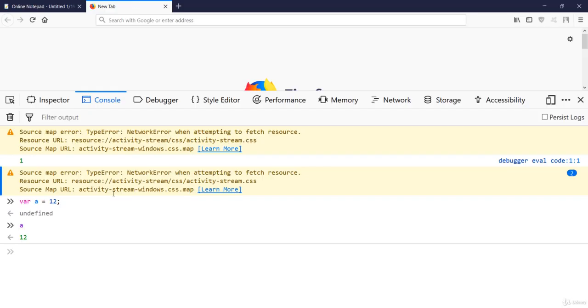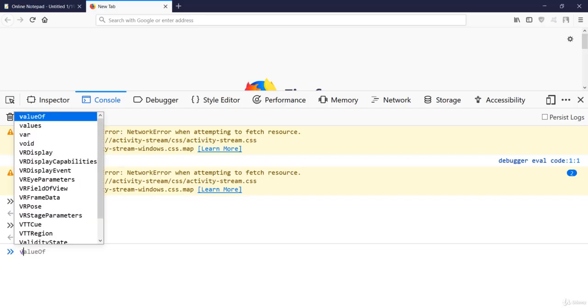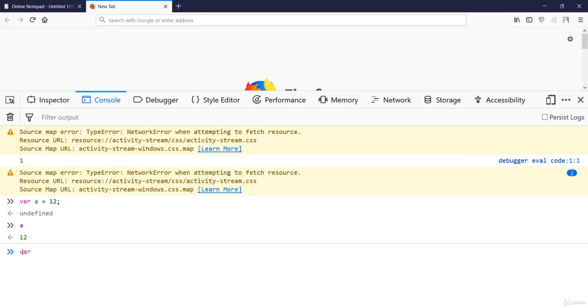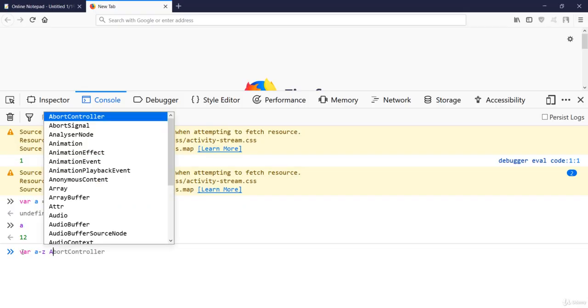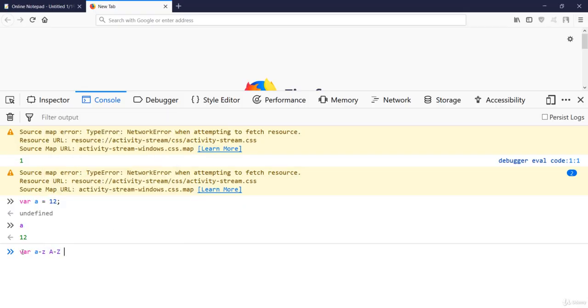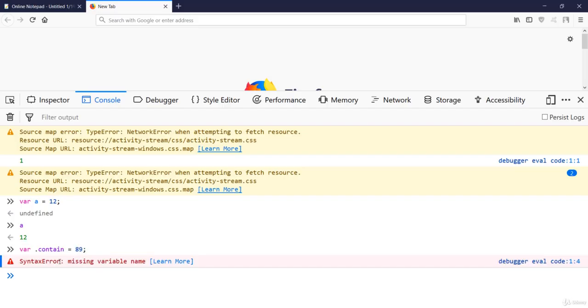That means the name of your variable should always start with an alphabet letter, in lowercase or uppercase, or it can also start with an underscore or a dollar sign, and it should not start with something like a dot. So if I create a variable like .contain and assign 89 to this, it will show a syntax error because this is not valid.